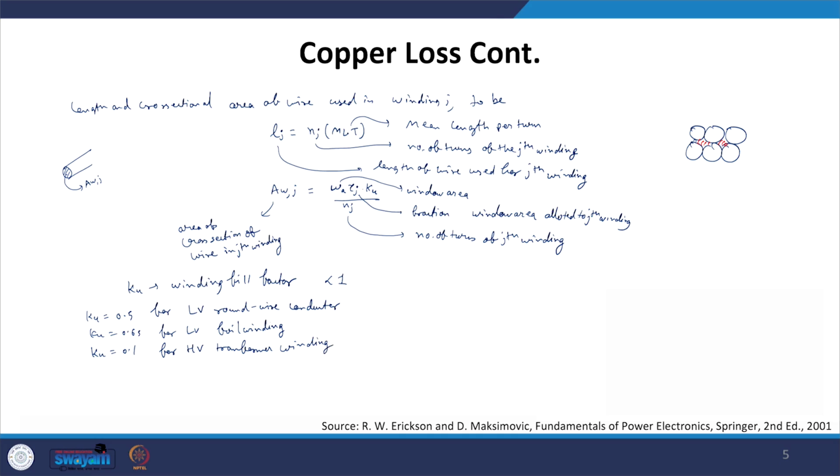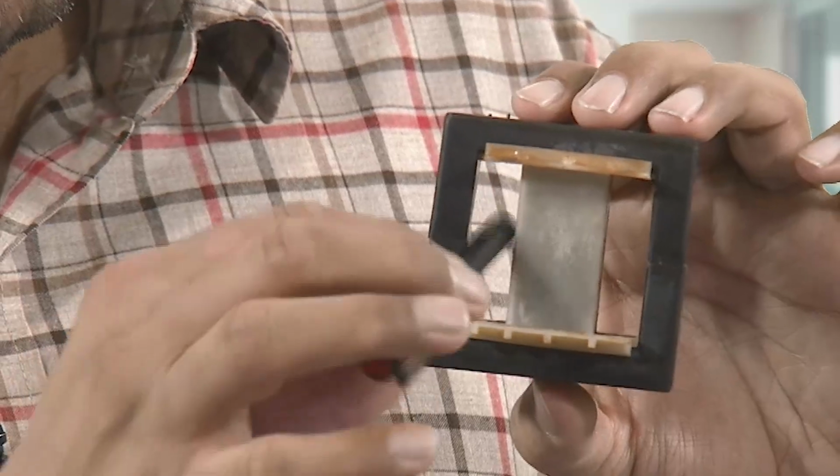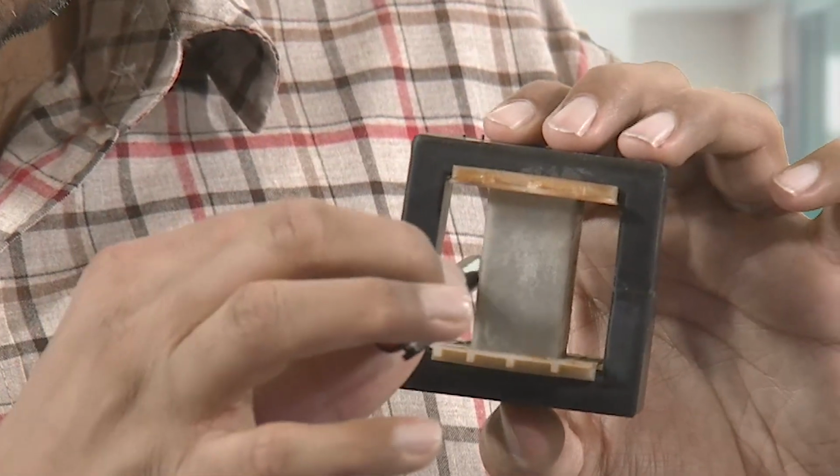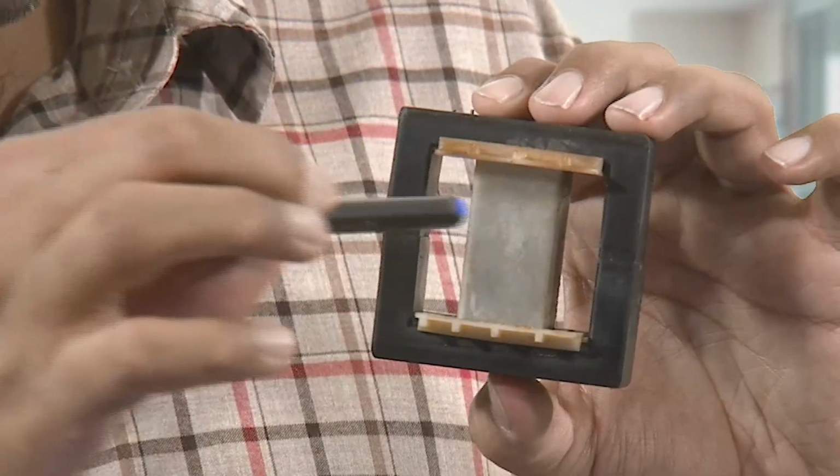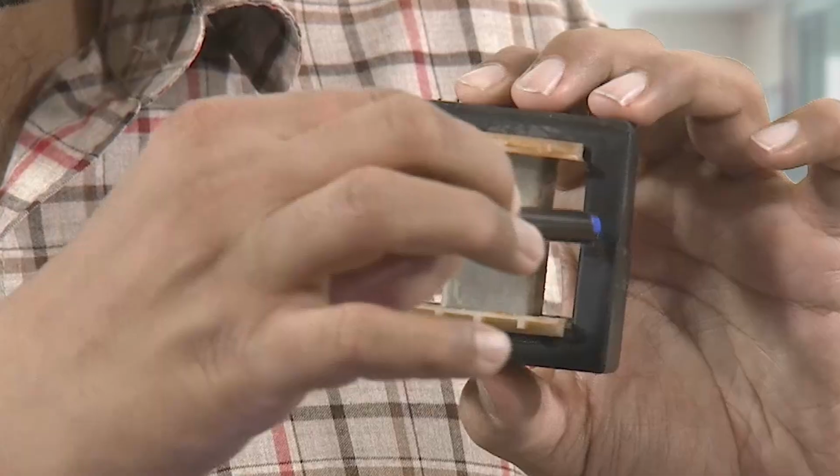Now if you look very carefully, we have understood all the terms which are given over there, but one term, the mean length per turn, is something which we have to obtain, or we have to understand what is the meaning of this mean length per turn. So now let us see and understand what is the meaning of mean length per turn. It is this area through which the windings are placed. In this area one turn goes into it and comes out from the other side, and then the second turn goes into it, comes out, and this is the area where your windings are being made.